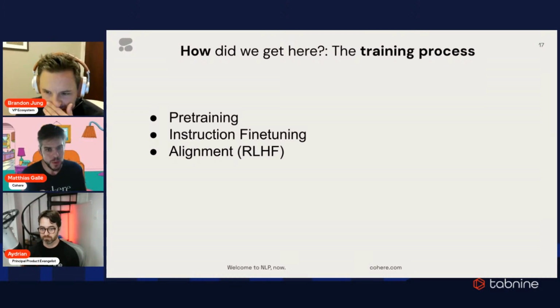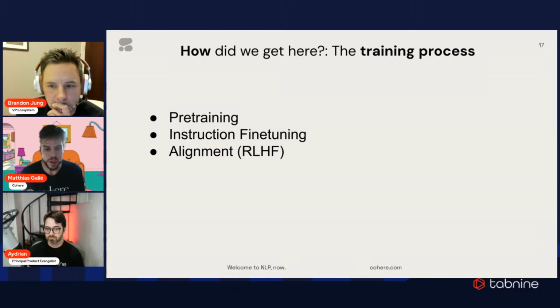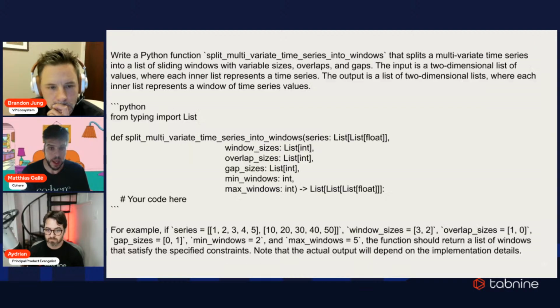But especially on the second one, instruction fine-tuning, I wanted to say a few words about how we make sure that the data we are using for the second step is data we actually have the right to use. The type of data we use in this second step is similar to what we shared before from natural language to code. We have a natural language instruction, which is a long one, like this one here.